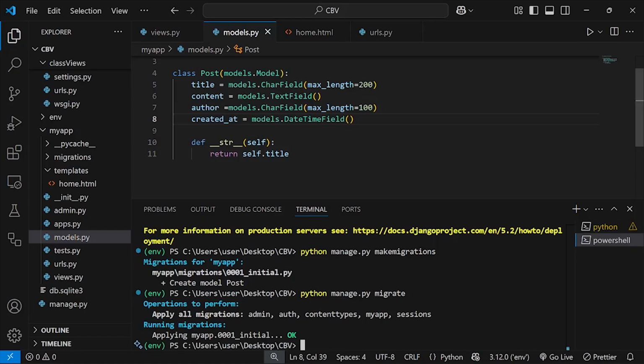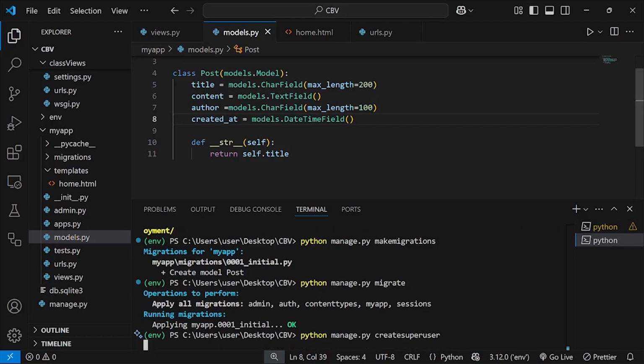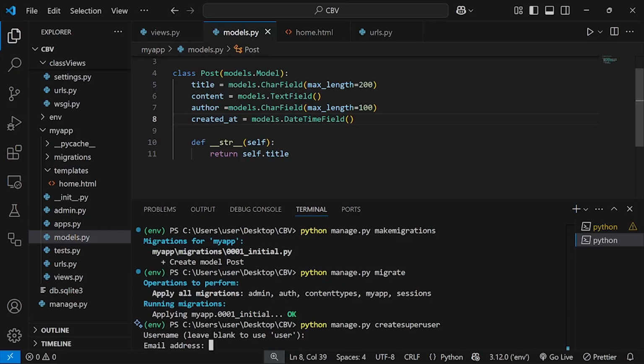Now before running our server, let us quickly create a superuser. Python manage.py createsuperuser for our admin page. I'm just going to leave the username blank. I'm going to put my email. Okay, let me put my email address,